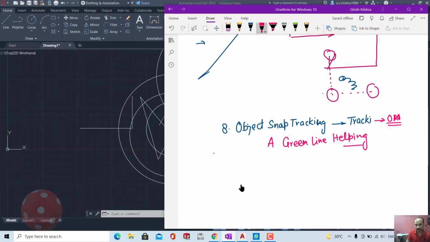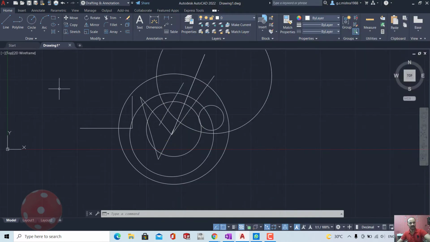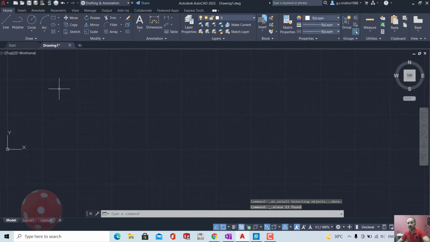After that, the ninth one is important, that is called object snap. One very interesting thing I want to show here. I select all with Control A and delete. Now I turn off object snap.